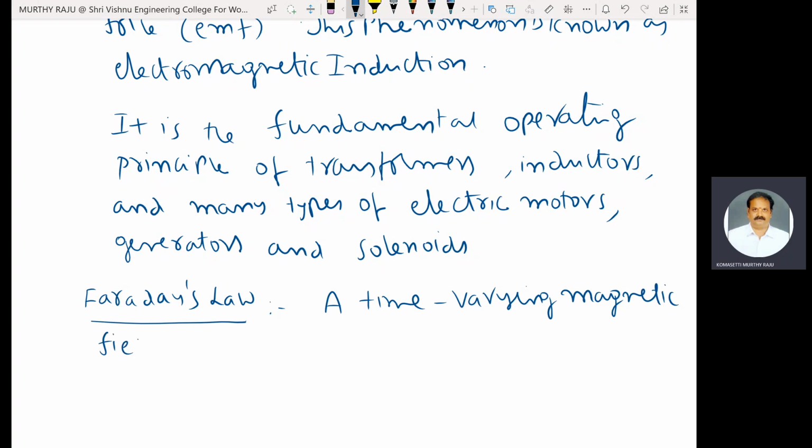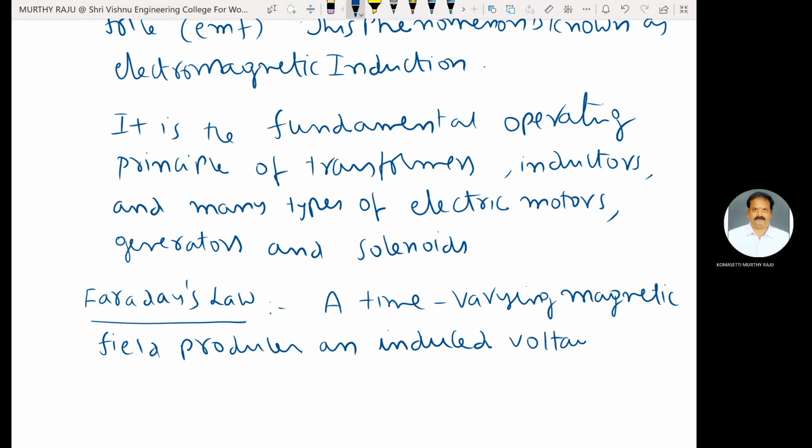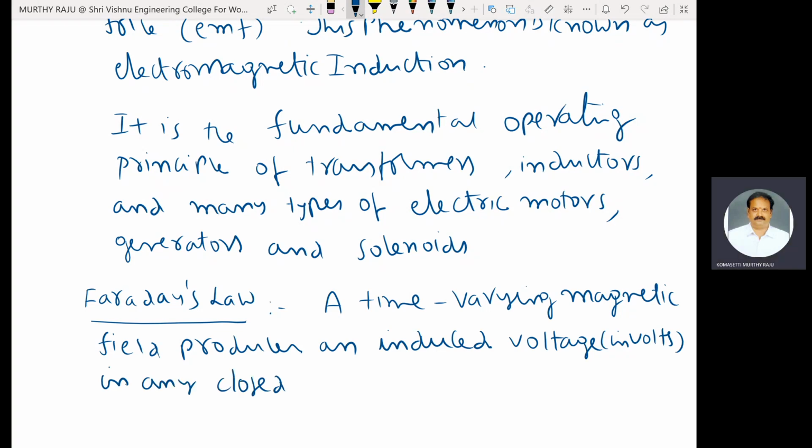A time varying magnetic field produces an induced voltage, in volts, in any closed circuit